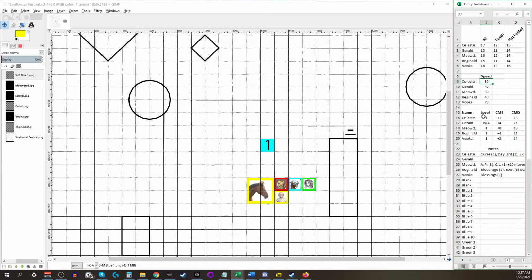And it has their level, which Gerald doesn't have a level. And then their combat maneuver bonus goes here, just so I can look it up easily, and their combat maneuver defense. And then these notes, they're the hardest part to use about this sheet, because if I keep it in this size window, it gets a little hard to read, so you have to double click,